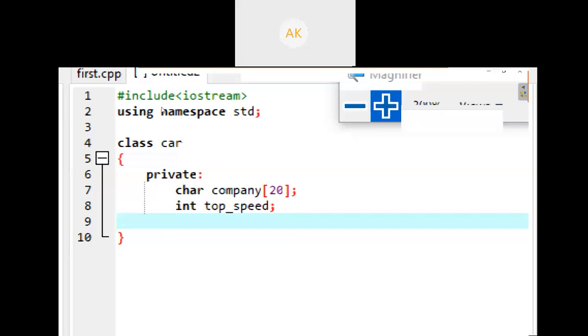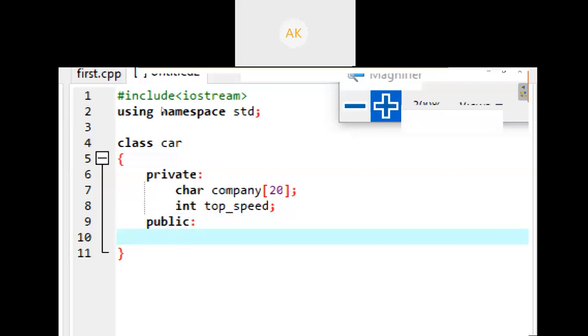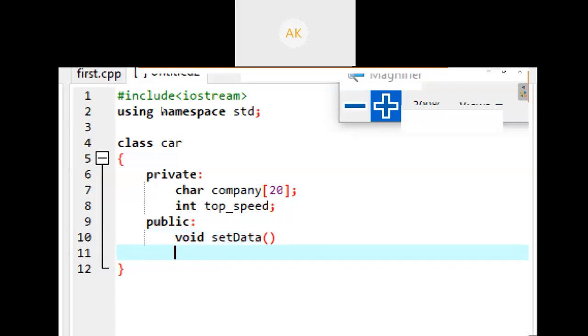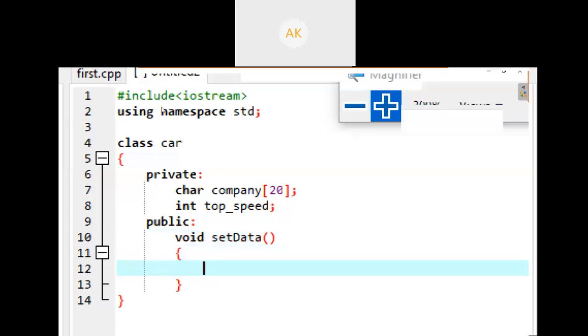Okay, next I'm declaring some functions in public access, means anybody can access public. Then write your method name, void set data. My first method is set data, and what is the definition of your set data? First, ask the user to enter the company name.